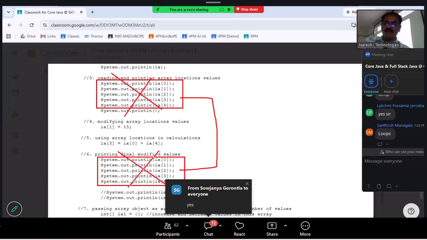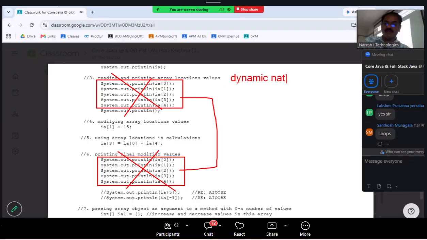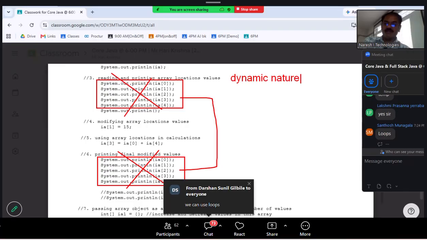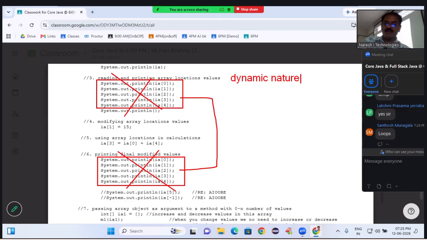So this is static nature code. Then what is the dynamic nature? Dynamic nature means you write SOPLN only one time, and that one-time written statement should execute repeatedly for as many locations as we have in the program. Understand my point? Repeat again. In this program, writing SOPLN again and again for every location is static nature. What is dynamic nature? Write SOPLN only one time and execute it repeatedly for as many locations as we have in